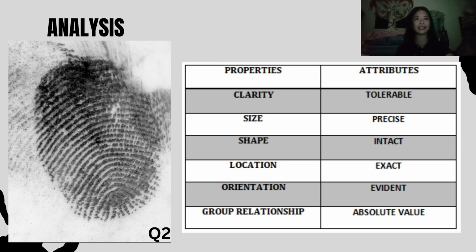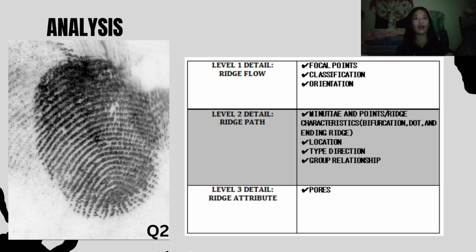And last but not the least is the sixth property. It is a group relationship. Due to being countable and clear, I can say that it will have an absolute value for it to be able to exactly determine the relationship of the ridge characteristics to the compared prints that you have seen, and you can compare it. And in our next step, which is the comparison, to sum it up, in this analysis, the three levels